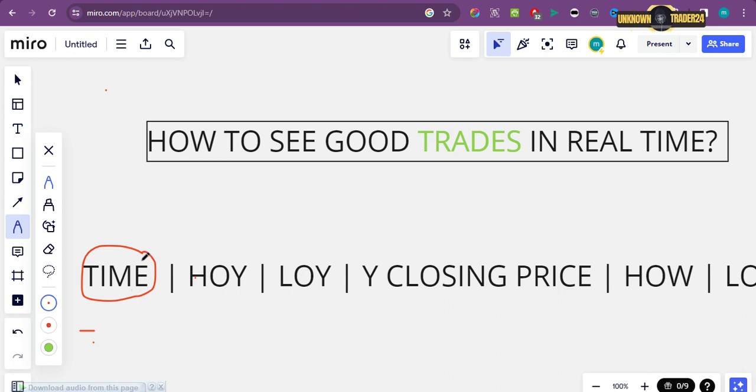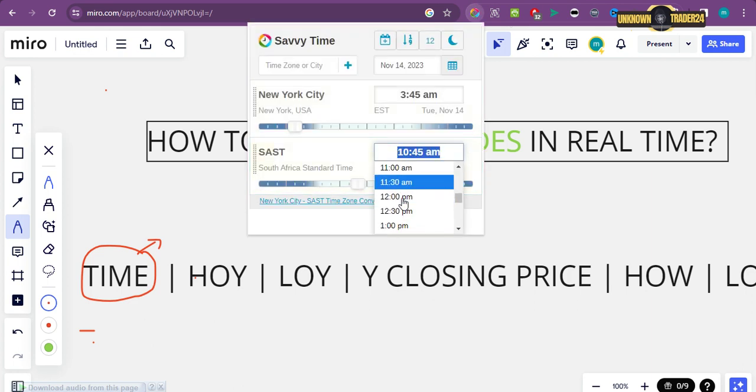So guys, the most important thing is time itself. Everything is timed. Whether it's an algorithm or it's real people who are actually moving the markets, they are very good at maintaining time, because over and over again you will realize that they throw stop hunts exactly at this time. Let me just convert it to time for you,